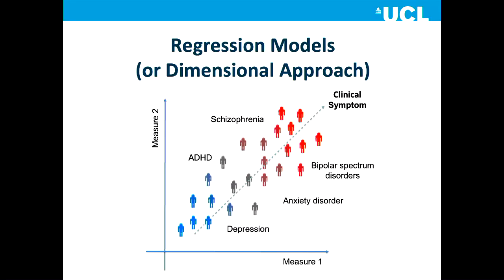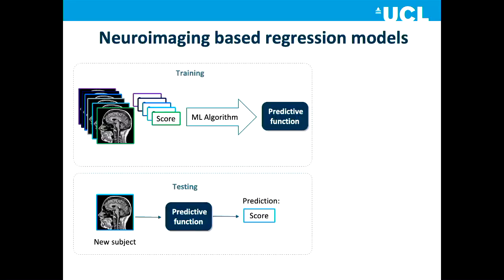So the idea here is that instead of trying to predict the category, like patients versus healthy controls, from the brain images, we try to predict clinical symptoms from the brain images, which might cut across different categories. From a machine learning perspective, this problem is a pattern regression problem. In this framework, we train the machine learning algorithm with images and scores, but now they are continuous scores. We can even include patients and healthy controls if they have the clinical scores, to capture the whole variability. Then the output of the training is a predictive function that can, for a group of test subjects, predict the clinical score in a continuous way.